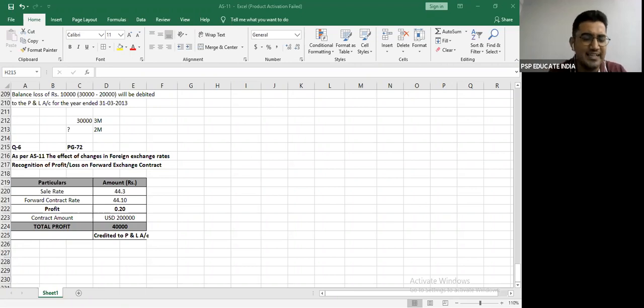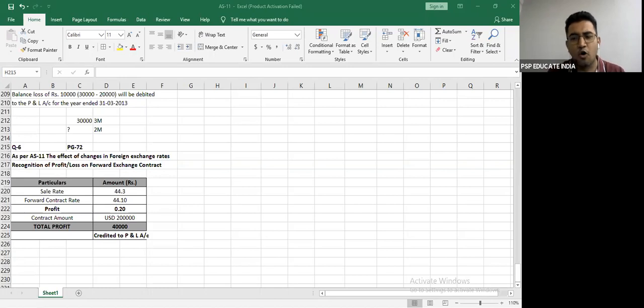So the best thing that I will do is I will go to the bank and tell them, let's enter into a forward contract, but do not sell it to me today. Sell it to me at the time when I make the payment. So I'll go to the bank and tell them that I have to pay now. Please give it to me at the contract rate. They will give it to you at 44.1, and you will sell it at 44.1.